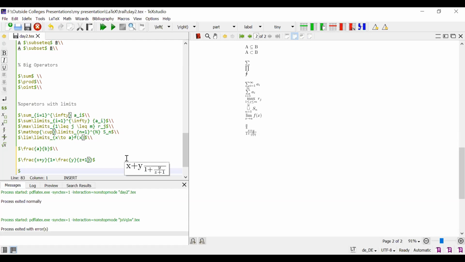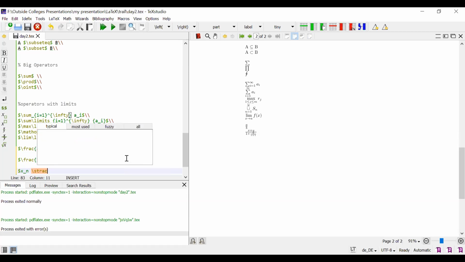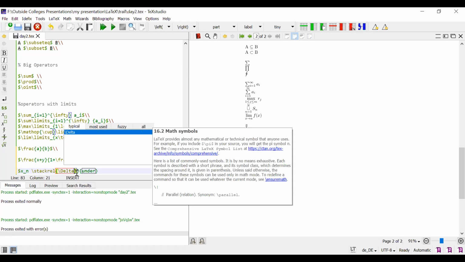Therefore, I want to show x suffix n, then stackrel. Within the arrow, we can write delta.